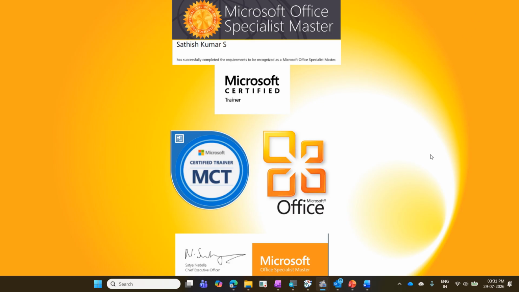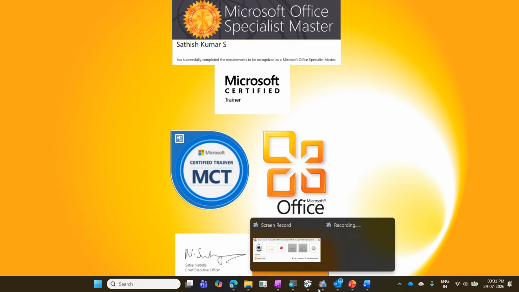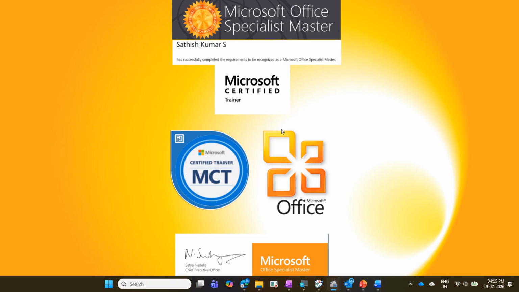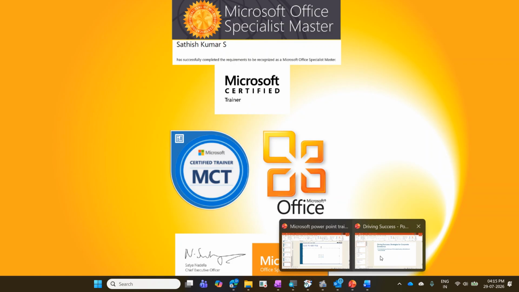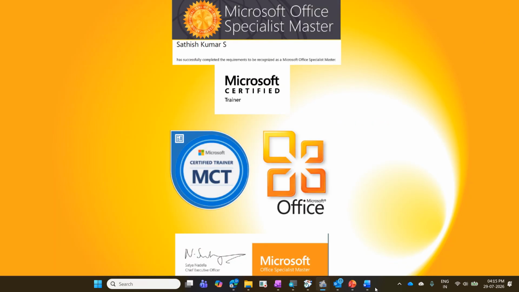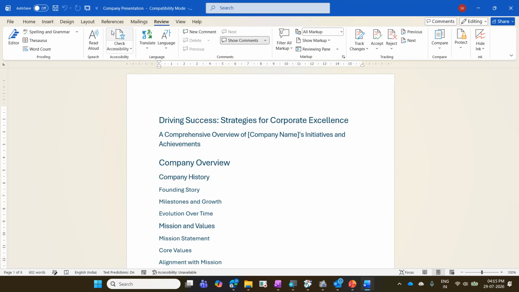Last session what we did is how to export data from Word to a PowerPoint. For that, you should get a button called Send to Microsoft PowerPoint. How can I get the button? There are three methods. Right click and go to Customize Quick Access Toolbar, or click on the arrow mark and